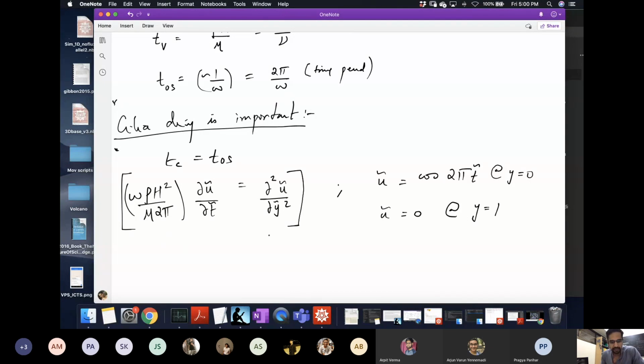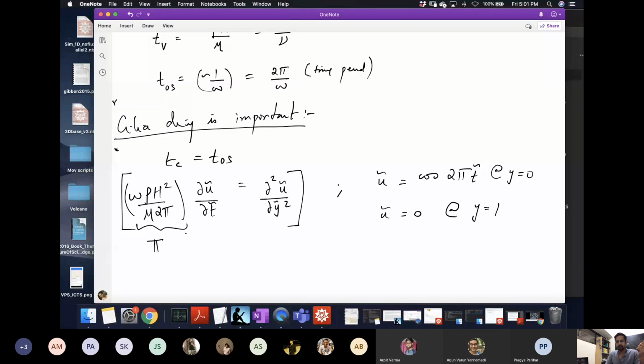Okay, so this is the idea now. This is the final scaled equation, and we have based it on the choice that we want to look at the cilia drive. Now we have this parameter. Let me again just call it pi because I don't know what else to call it. If we solve this equation exactly, it looks like a complex equation. For given various frequencies omega, with this cosine 2 pi omega t driving force, we will be able to solve this equation and find out the velocity field everywhere. But it's a partial differential equation in time and space. We might have to solve it numerically.